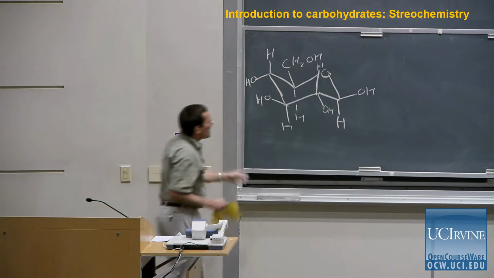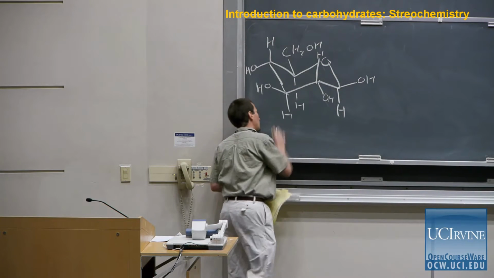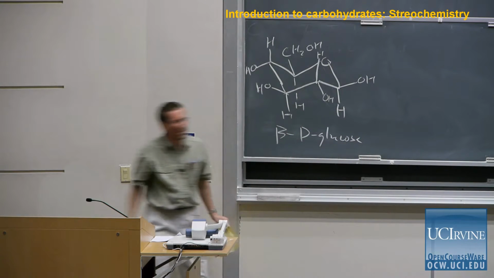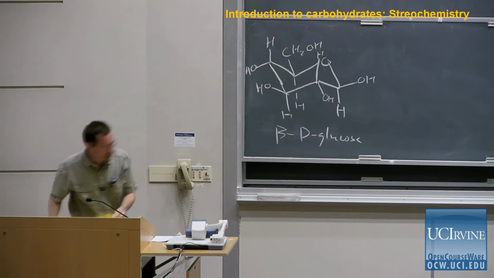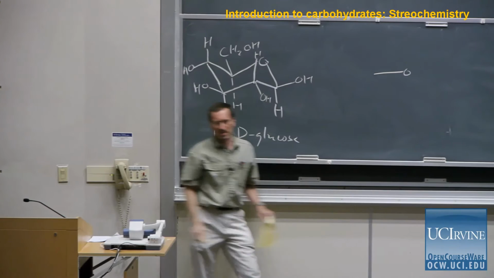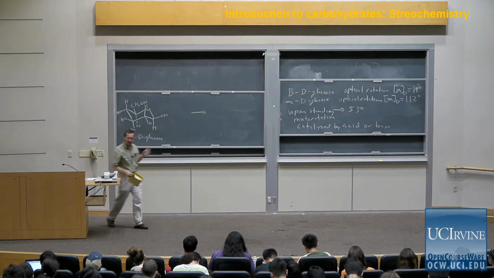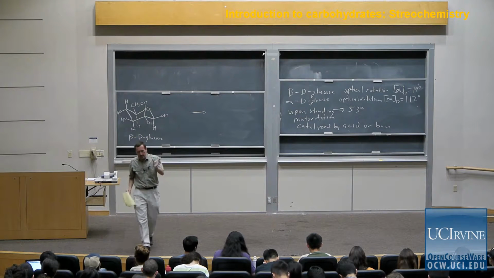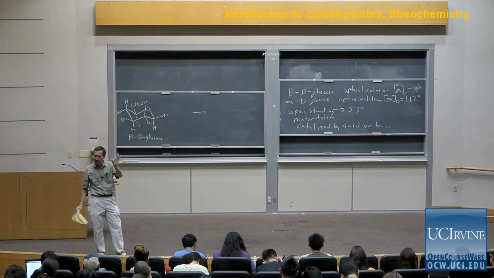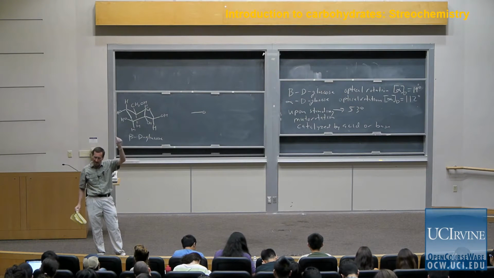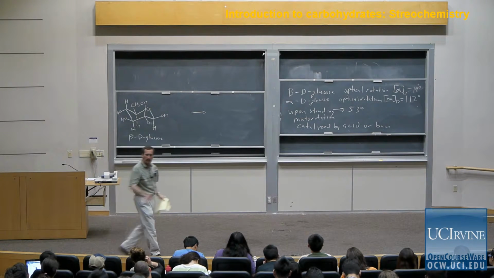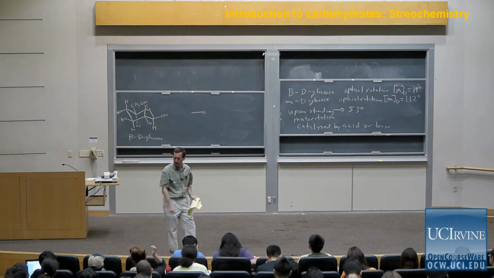So there are other ways that we can represent the structure here. So again, I'll just write beta-D-glucose to remind us of the structures I'm going to be writing for all of these. So there's another way of representing the structure that doesn't try to represent the conformation of the ring. Remember, writing a cyclohexane ring, a 6-membered ring, in the conformation that I've written there is a projection. If you physically take a plastic model of cyclohexane in a chair conformation and hold it in front of a light source like an LCD projector